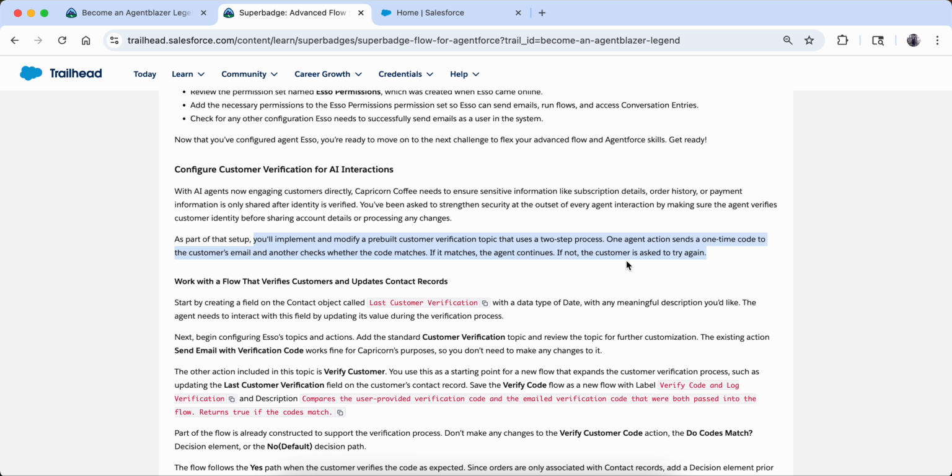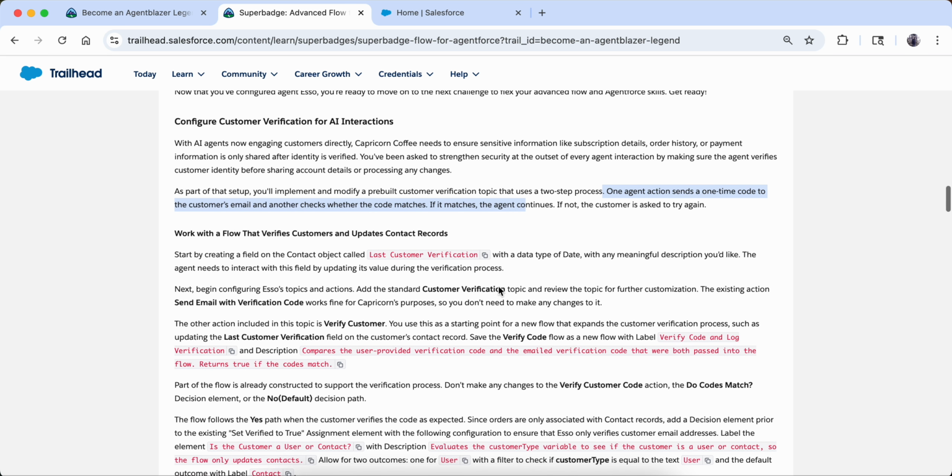There is a standard topic which is known as customer verification, and also there is an existing action which is send email with verification code. So we are going to modify it a little bit. Then one agent action will send a one time code to the customer email, and another one will check whether the code matches or not. And based on that it is going to take a decision.